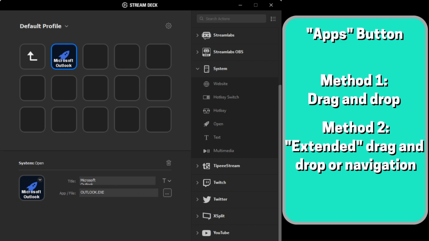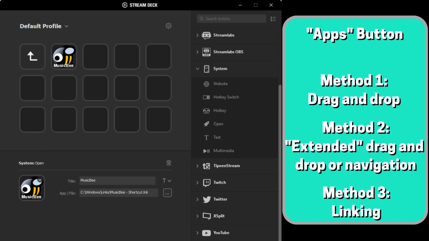Alternatively, you can use the built-in File Explorer to navigate to the relevant .exe file. Neither method will automatically add the relevant icon, and you will need to source this from System Files or by a Google search. The vast majority of applications can be successfully added to the Stream Deck by replicating the techniques employed for Chrome or Outlook,